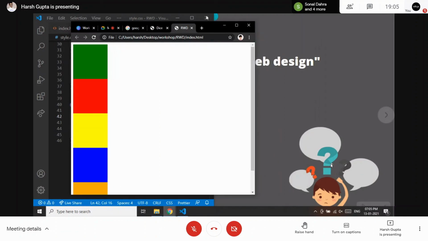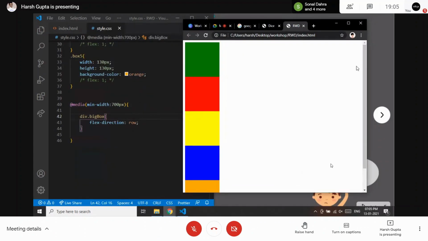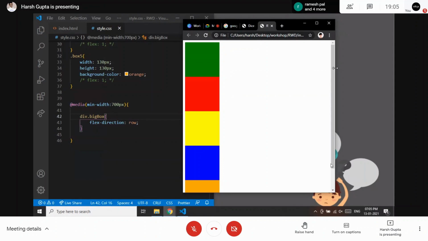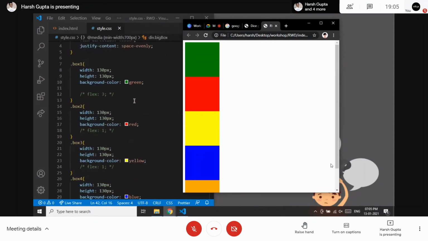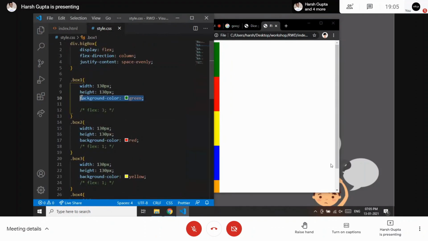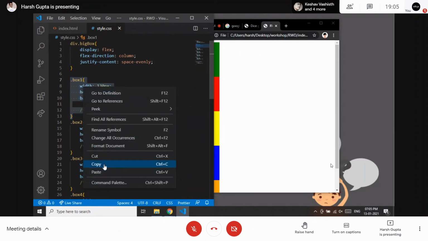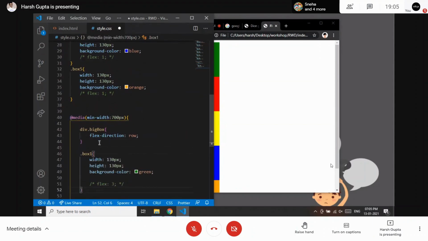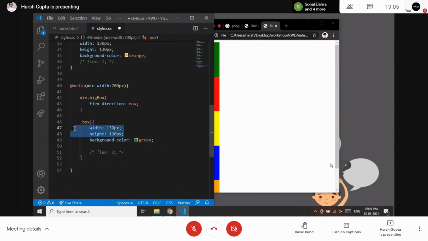So I can also do one thing. Let's say after a minimum width of 700 pixel, I want to change this box color, so I can do that as well. I just need to copy this tag, and again write this. We don't want to change this, so we don't need to write it as well.